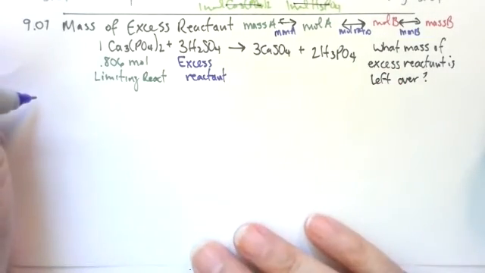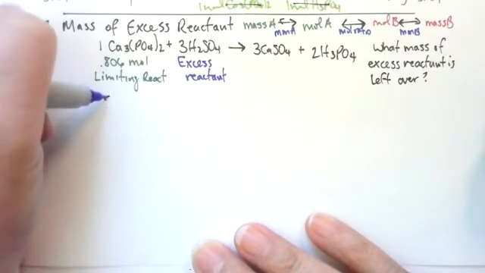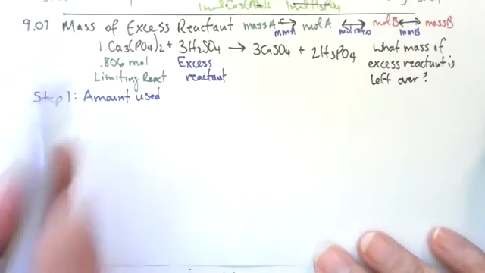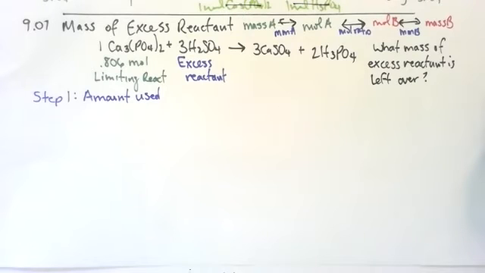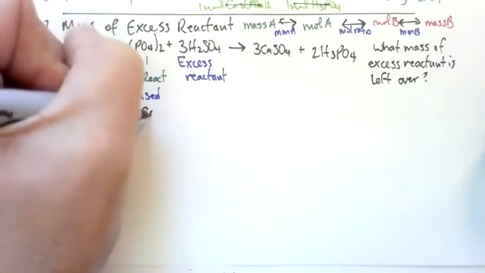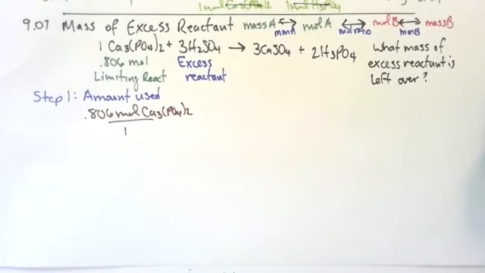So step one is I'm going to find the amount used. So I start off with my brown, 0.806. Once you know what your limiting reactant is, so in the first part, we found the limiting reactant, that always becomes then what you start with. So all the other calculations after you find the limiting, start with the limiting because that's the one that's in control. This is going to be compound A, I'm starting with,